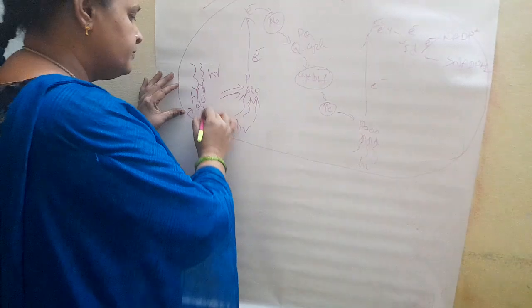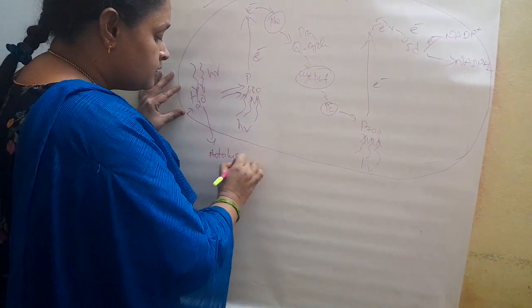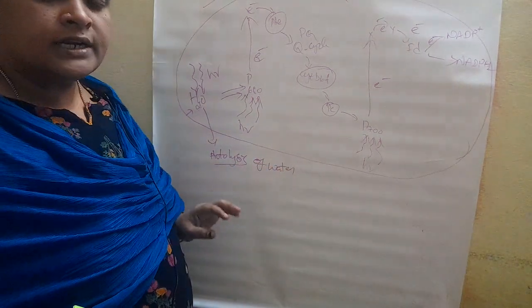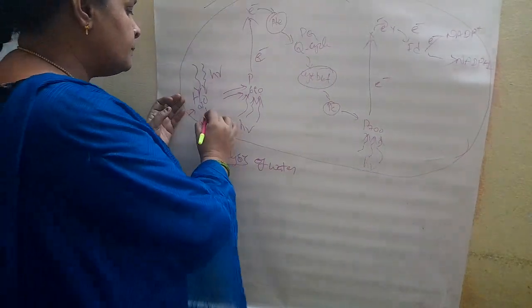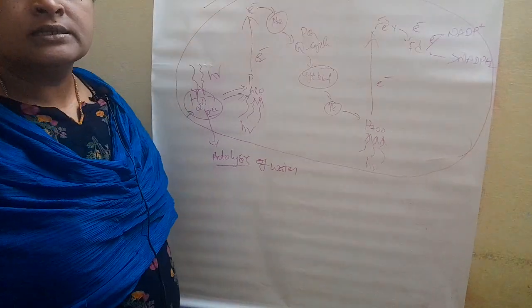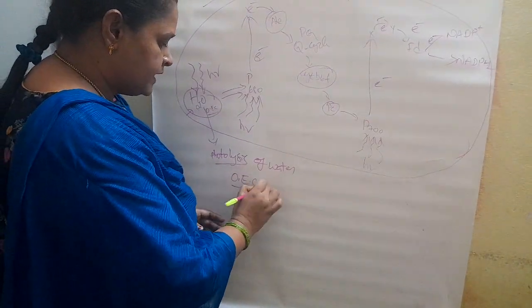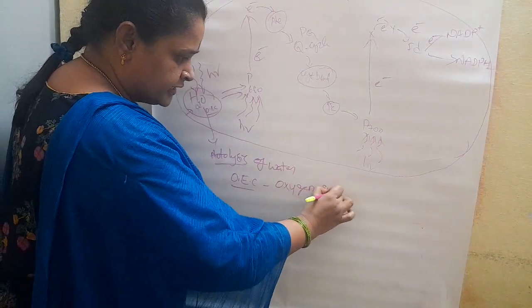It is called photolysis of water. Water is splitted in the presence of light with a special complex here, that is called the OEC complex. What is meant by OEC? Oxygen evolutionary